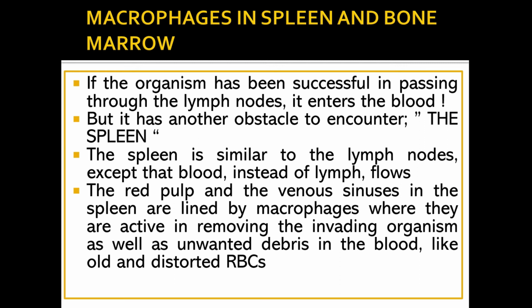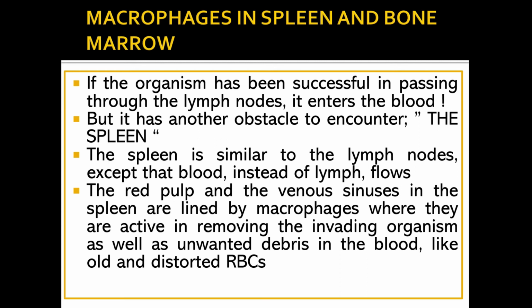But in the blood there is another obstacle, the spleen. The spleen is similar to the lymph nodes, except that blood flows instead of lymph. The red pulp and the venous sinuses in the spleen are lined by macrophages, where they are active in